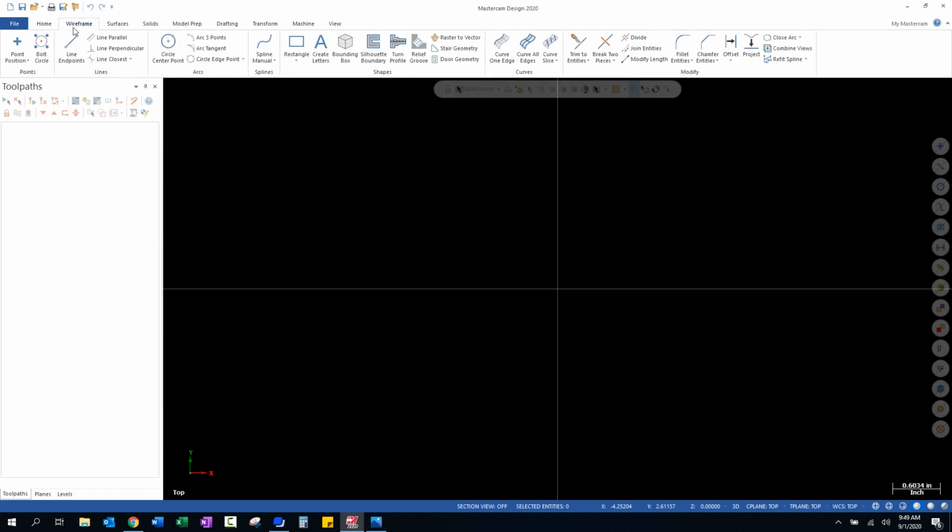Wireframe is the tab that's going to have most of your drawing tools. And we're going to work heavily in this Lines tool and the Arcs tool. These have all of your basic line parallel, line perpendicular, circle, tangent, arcs, arc 3 points, and whatnot. So rather than going through each one individually, which I'll be talking about in class, let's just go ahead and